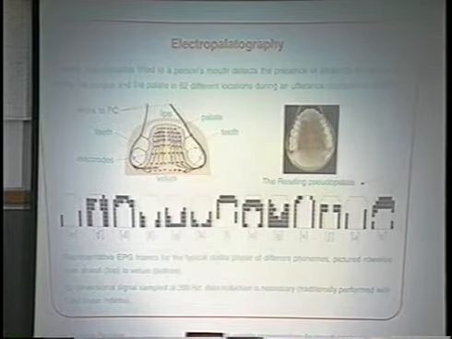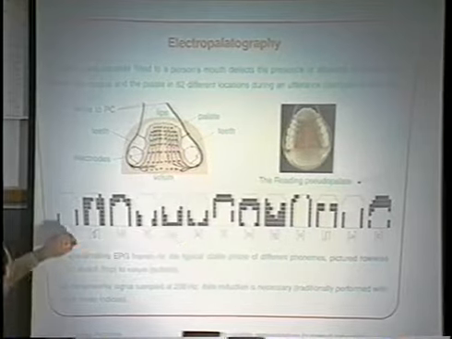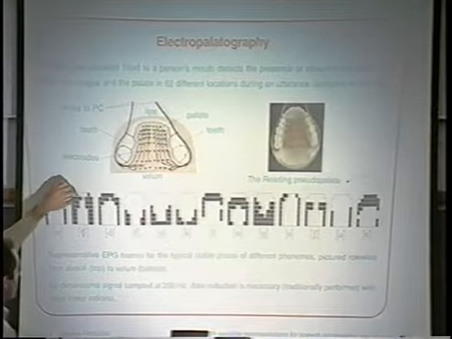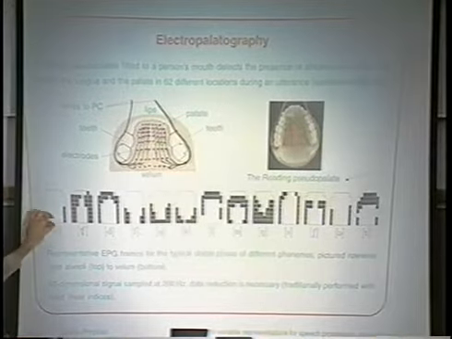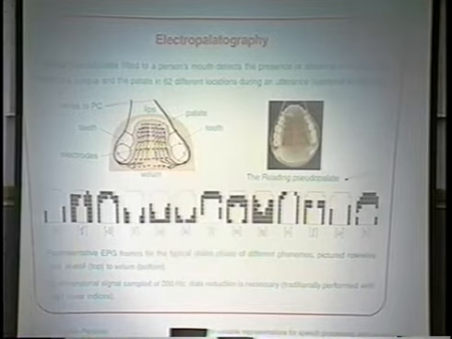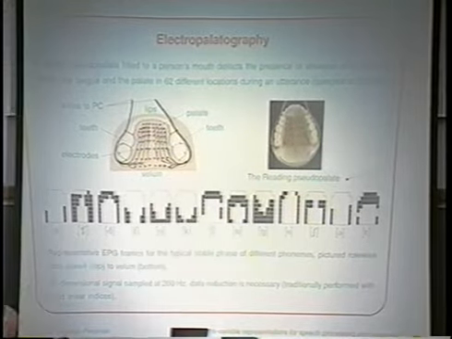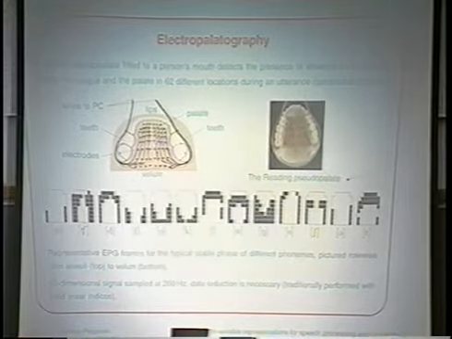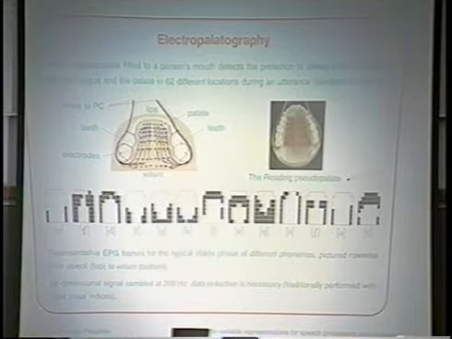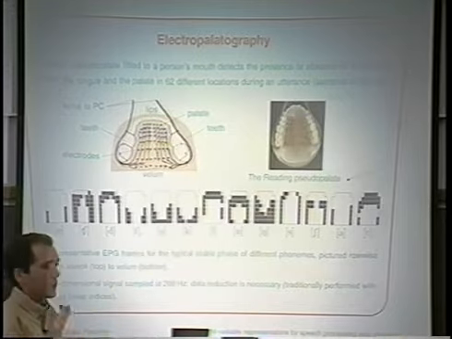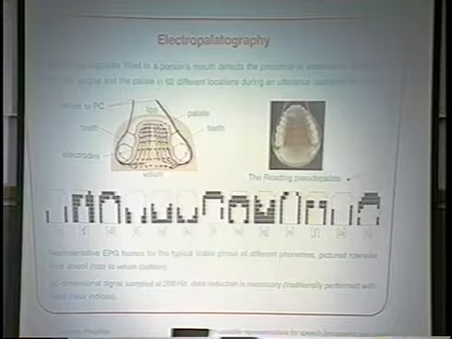It's normally 200 hertz, the sampling rate. And then what you get is a sequence of things that look like this. Now, in this representation, the lips will be on the top, the velum, the throat will be here, and around we will have the teeth, and this is the palate. So when you say, for example, the letter D, you are putting the tongue against the alveoles, and therefore this part certainly has contact. When you say a velar consonant like K, then you are pressing against the back of the mouth, and you get that particular pattern.